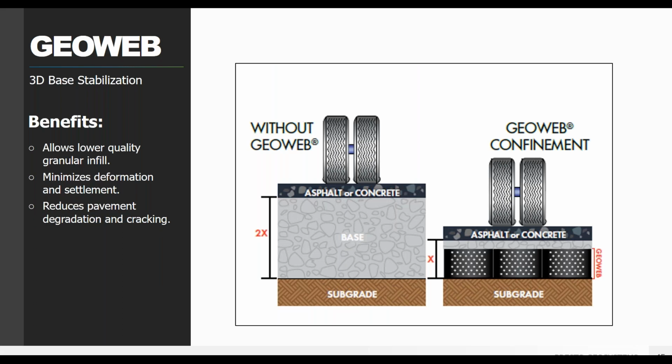So like I said, all of the same benefits still apply for the GeoWeb system when it's used as a base layer, so when it's not at the surface. So you can still use that low quality aggregate or granular material, including salvaged material. And you can still have that stress reduction, so you can reduce the potential for deformation or settlement. So you're not going to get those alligator cracks, you're not going to get wheel ruts or drive lanes forming, and you're going to have a good strong base layer, which means a strong surface layer. And strong surface layers mean longer pavement lifetimes with less maintenance and section repair.